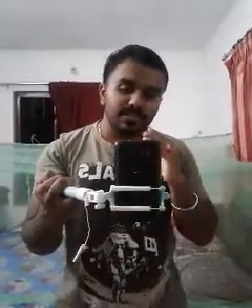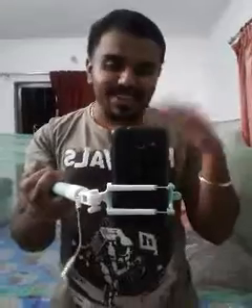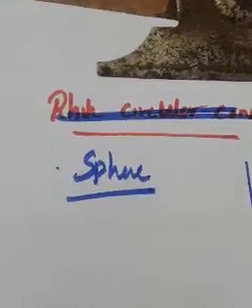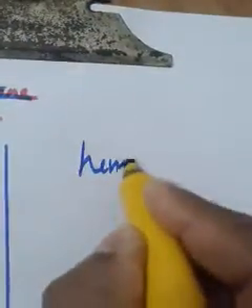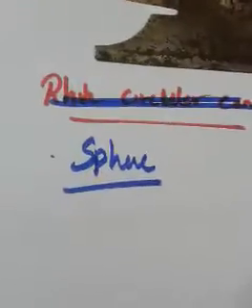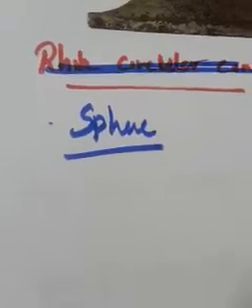Then let it be. We are going to learn sphere and hemisphere. Okay, sphere and hemisphere. Come with me. Just come with me. So we are going to learn about sphere and hemisphere. Can you give me an example for a sphere? Football, isn't it? Two types of spheres are there. First one is